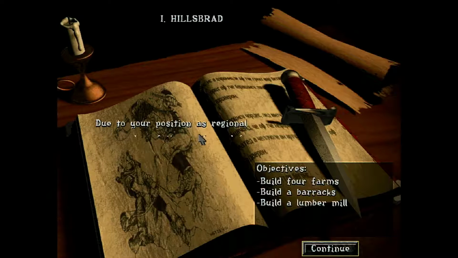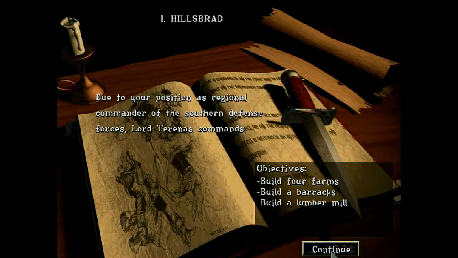Due to your position as regional commander of the Southern Defense Force,